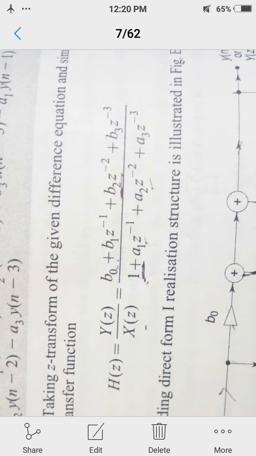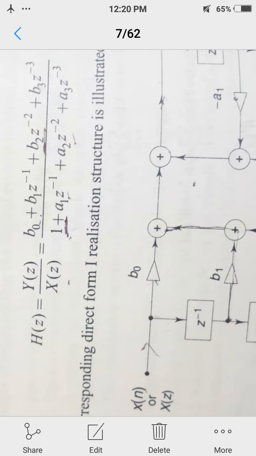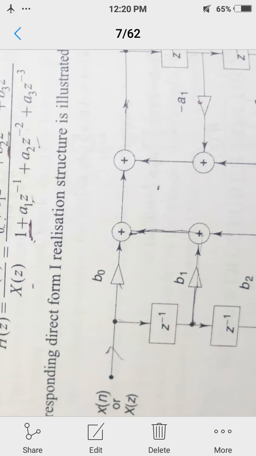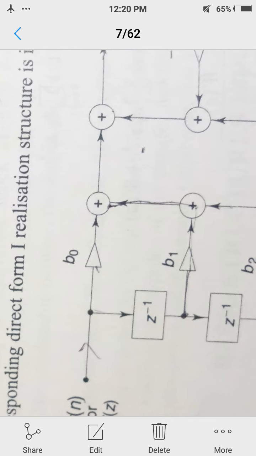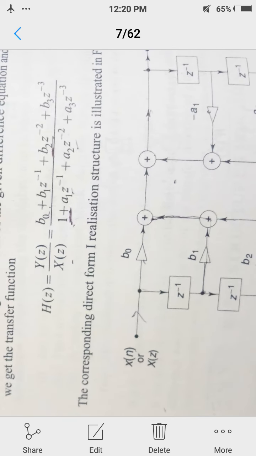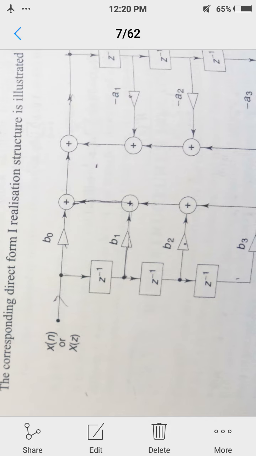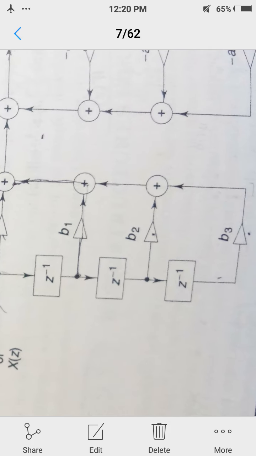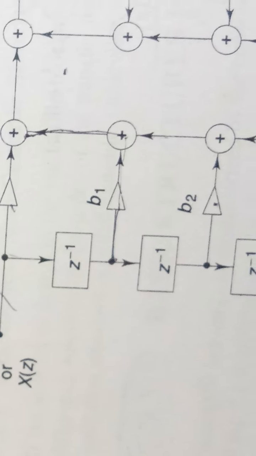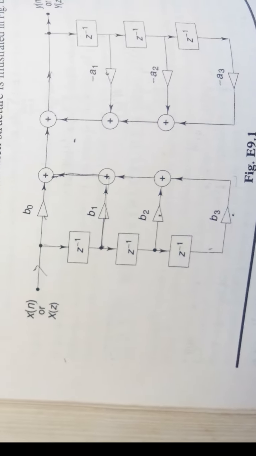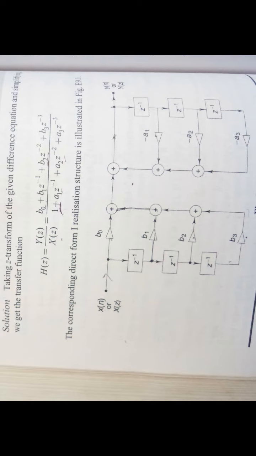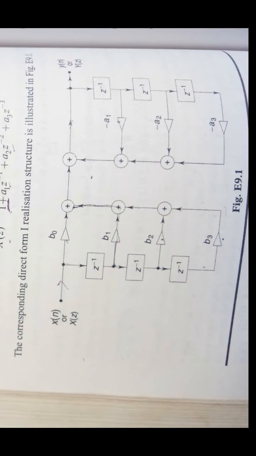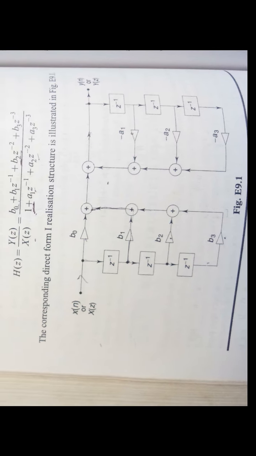This is our equation. So the first term was b0, the second term is b1 z inverse, here multiplication of b1 with z inverse. The third term is b2, and now look, with b2 there are two delays, z^-1 and z^-2, and the upper one is z^-1. And next, z to the power minus 2, and with b3 there are 1, 2 and 3 z inverse delays, so z to the power minus 3.